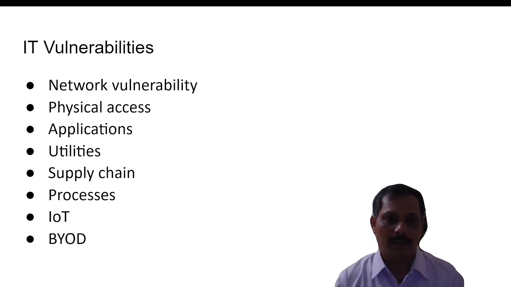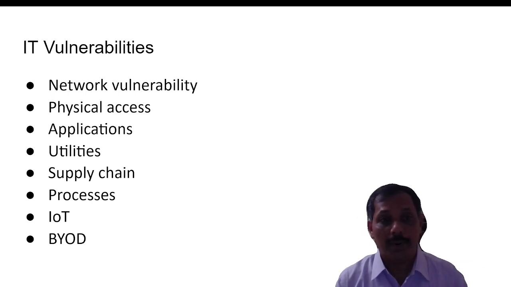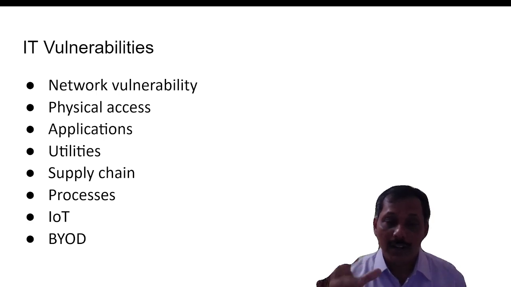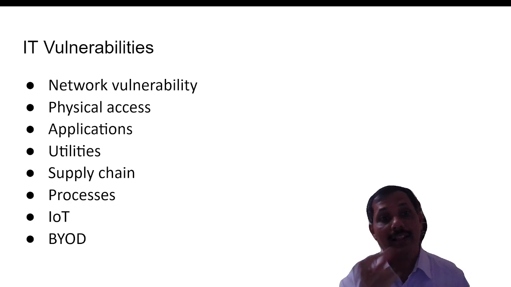There was a company and they had implemented very strong IT security controls. Their competitor wanted to hack the system of this company, but they were not able to. Why? Because their IT security controls were very strongly implemented. So what did they do? From somewhere they came to know that UPS of this company is managed by the UPS service provider, and then the competitor hacked the system of UPS service provider,